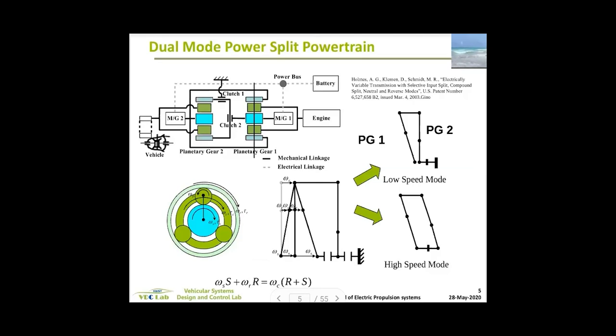absolute saving from hybridizing these larger vehicles will benefit consumers. But it turns out that SUV and truck buyers do not really care about fuel economy. So it didn't really work. But anyway, marketing and engineering perspective can be different. So did you guys understand what I was explaining? So anyway,